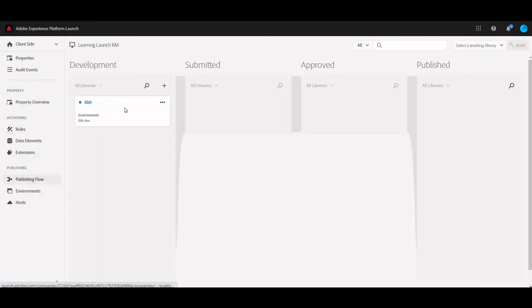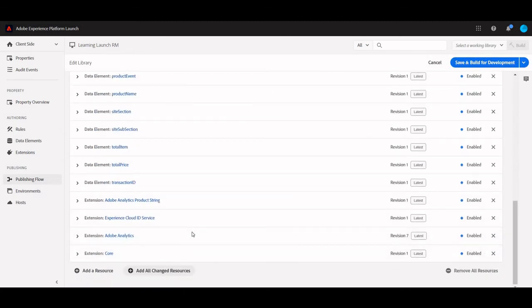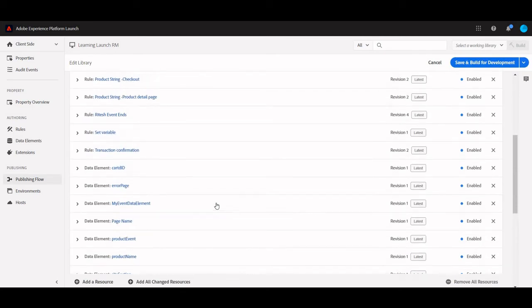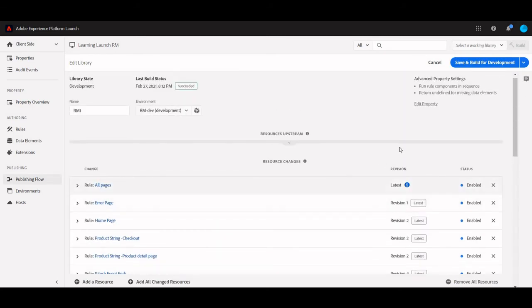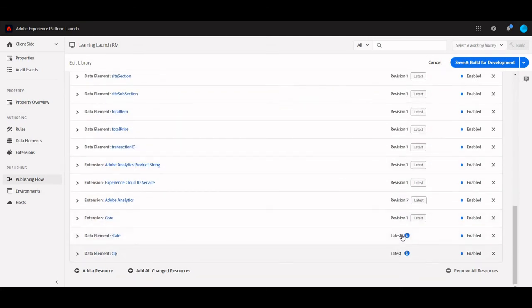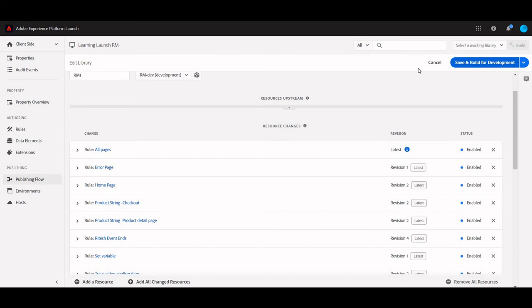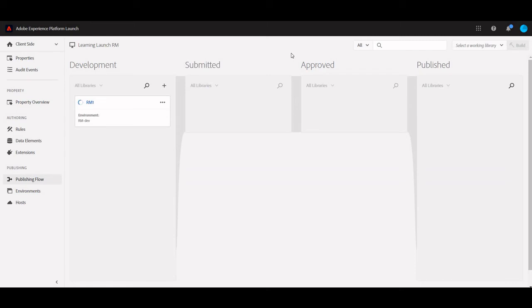Let's build the library now. Yes, these are the changes I have just made. It looks good: state and zip in All Pages. So let's save and build the library. Okay, the library is built now.